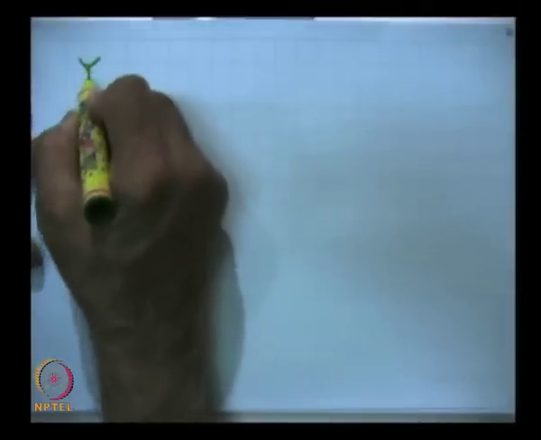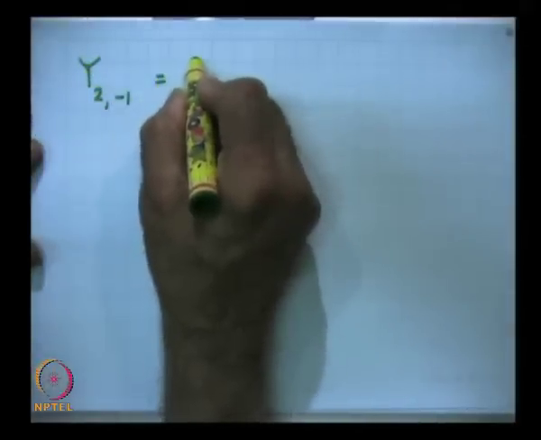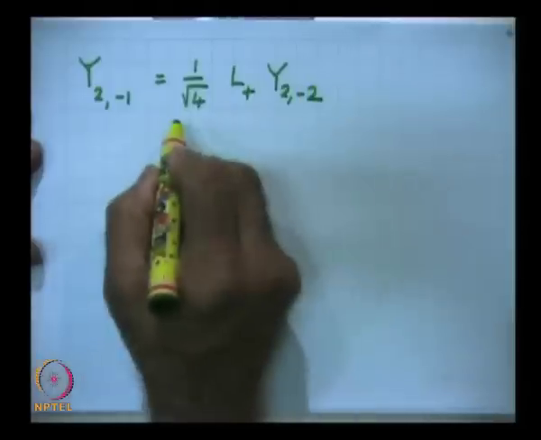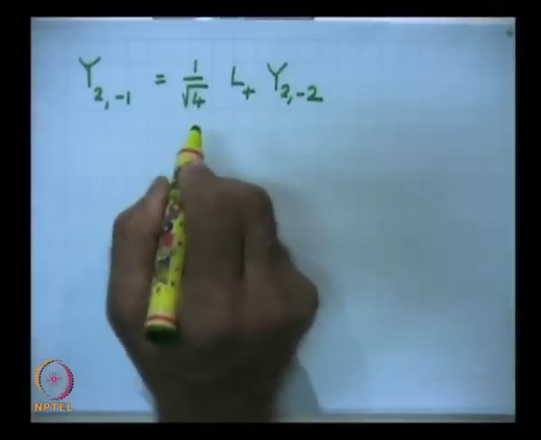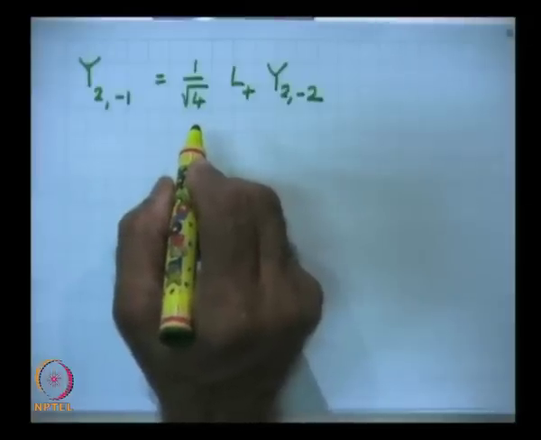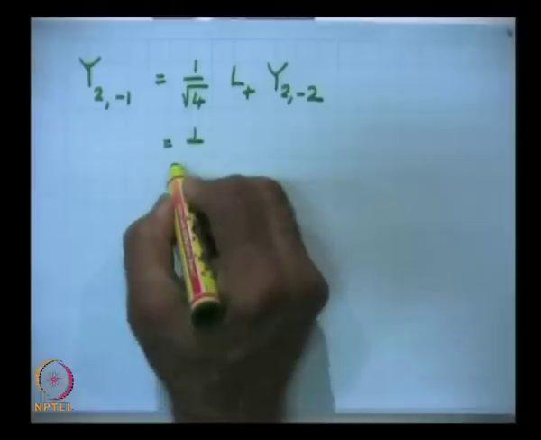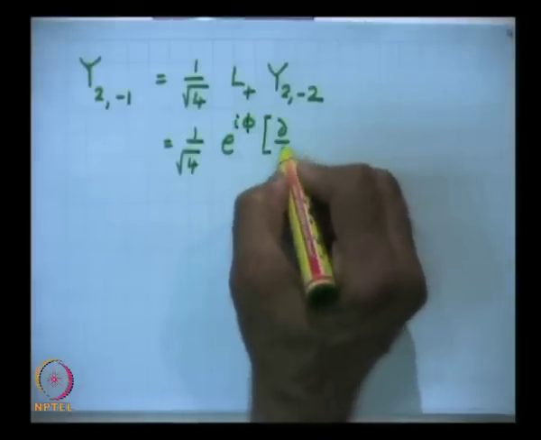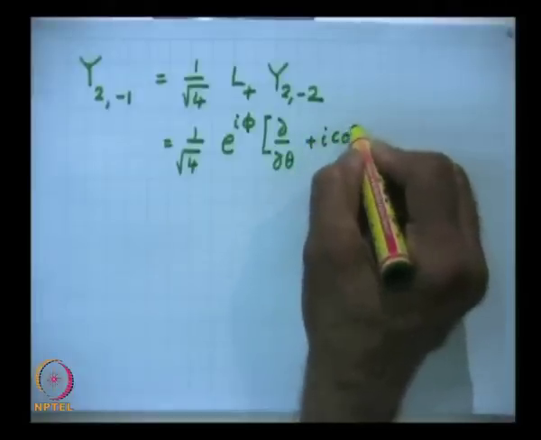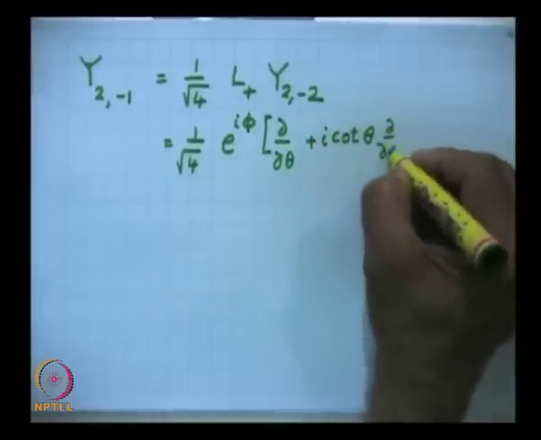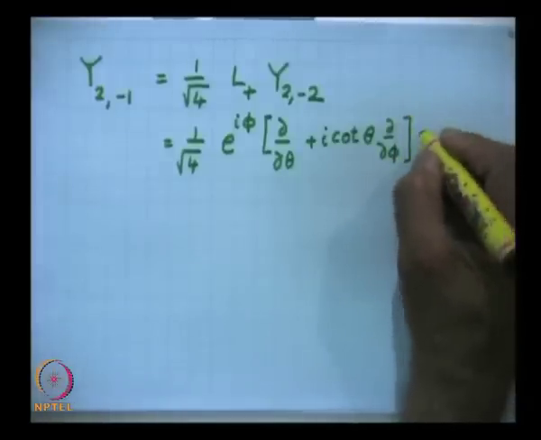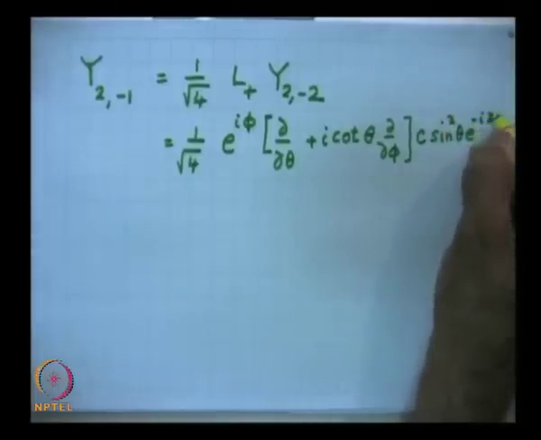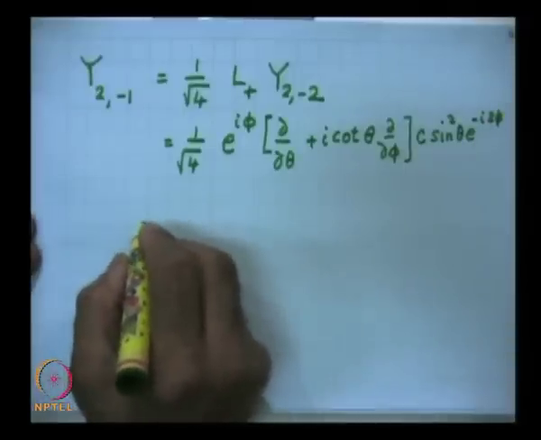So, Y 2 minus 1 will be 1 over under root of 4 L plus Y 2 minus 2, and we had derived the expressions for L plus and L minus, and we have L plus is equal to 1 over under root of 4 e to the power of i phi, delta by delta theta plus i cot theta delta by delta phi, and you substitute the expression for Y 2 minus 2, that is C sin square theta e to the power of minus i 2 phi,